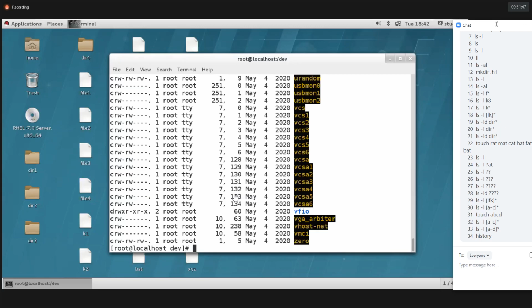So if I execute the ls -l command, this is the total output from here to here. In the output, there's a first line, a first word, you can say the first letter. C is the first letter here. But my intention is the first letter should be B, that is called block files. ls -l is a command. What is the use of ls -l? We list out all the content of the directory.